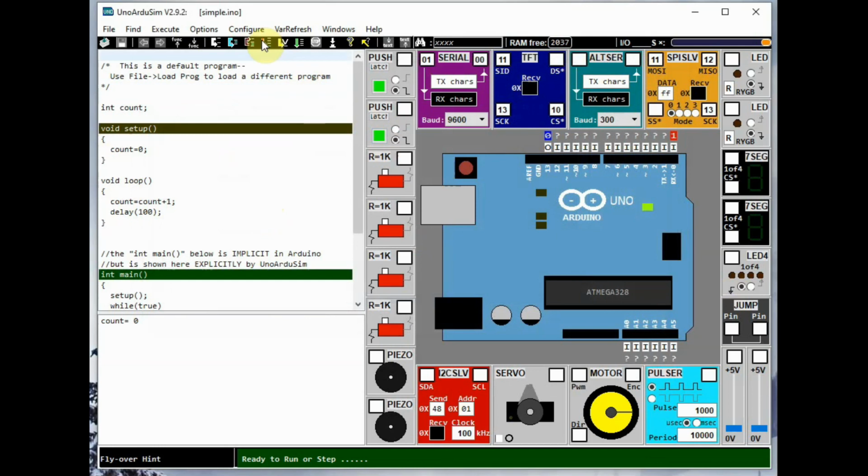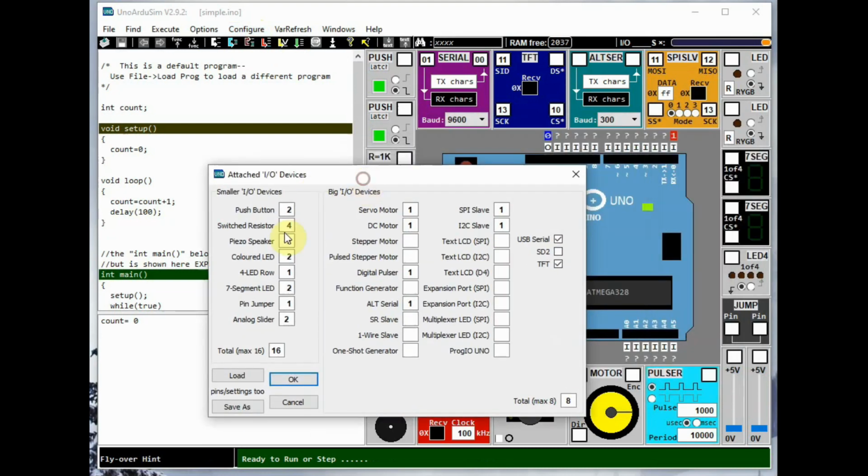Now to reduce the clutter of the display lab view, let us go to configure IO devices and let us select only the wanted peripherals. So push button we need one push button, switch resistor we do not need, make it 0, piezo 0, colored LED we'll use one colored LED 1, and 4 LEDs row we do not need, 0 we make it, 7 segment 0, pin jumper 0, analog slider will make use of one slider, servo motor will make it 0, and then DC motor make it 0, SPI slave this also will not be using in this demo, make it 0,